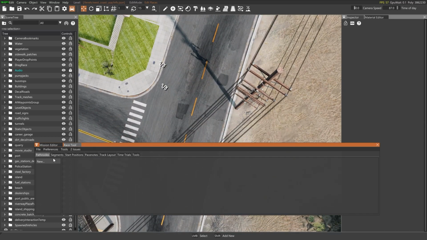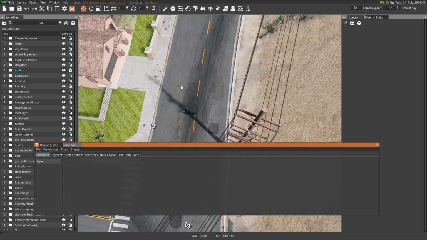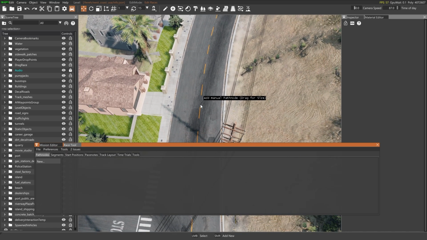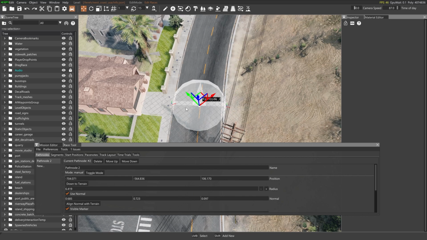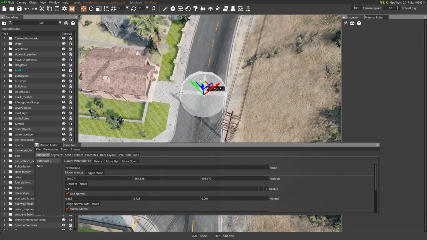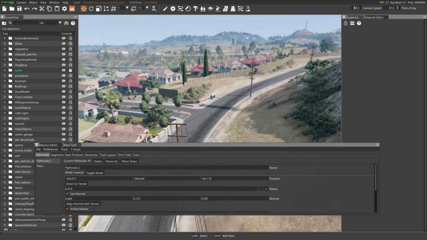So I'm just going to click on New, and these are path nodes. These path nodes will tell us how our track is going to go. So same as before, we're just going to Shift and click and drag to add a path node. And this will be the gate that we have to travel through for our time trial. The arrow points which direction we're going to go. So we're going to go all the way,